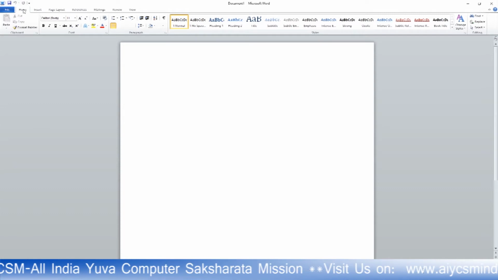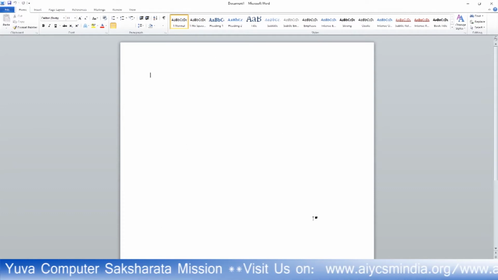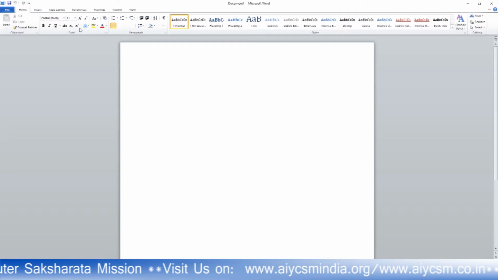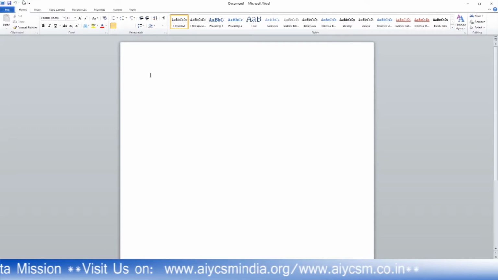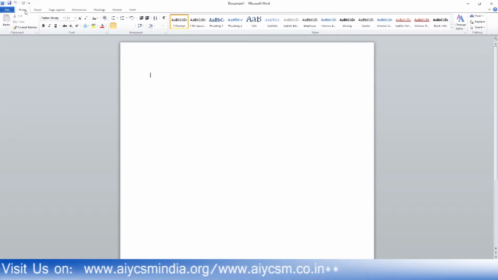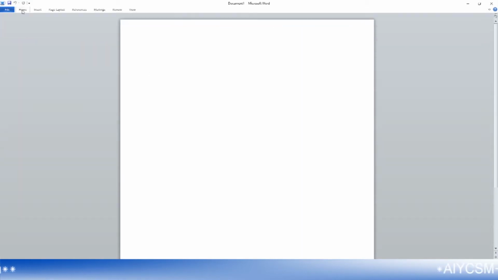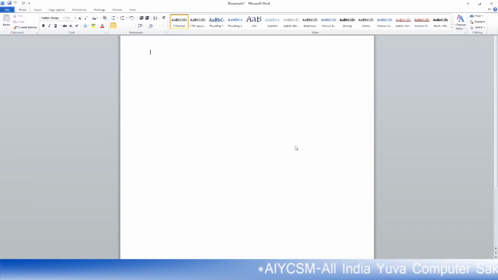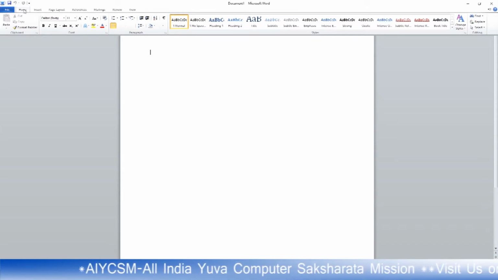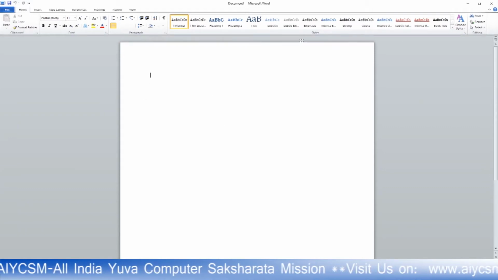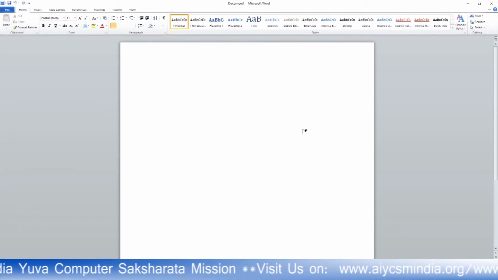Right now, we are in Home. This is the menu bar. We are in the Home menu bar. This is actually a blank document. This is the Quick Access Toolbar. This is the menu bar, and under it there are so many options. These are known as ribbons. If you double click on Home, you will find the full screen of the page. The ribbons are gone. Click again, and they will appear in front of the page again.